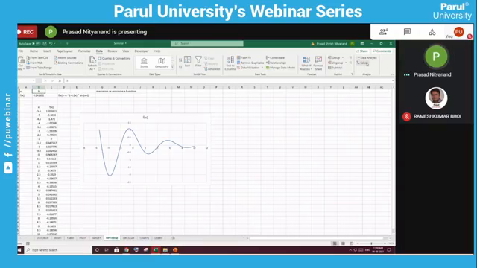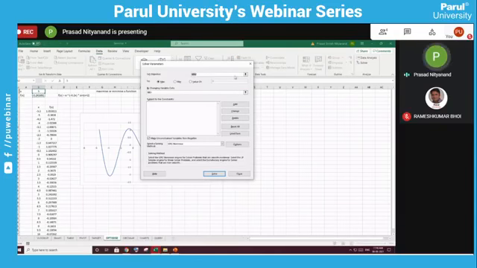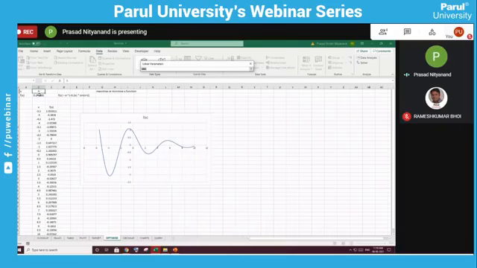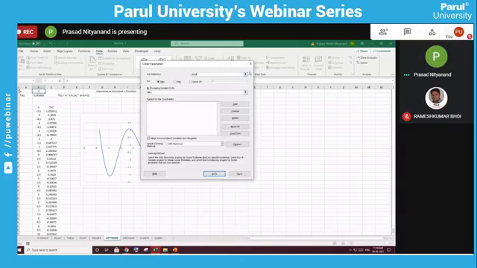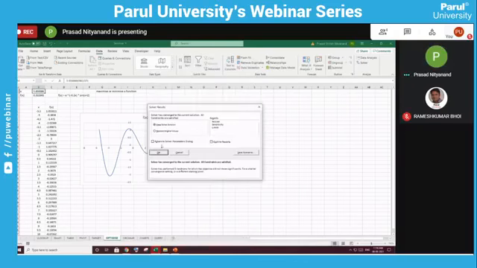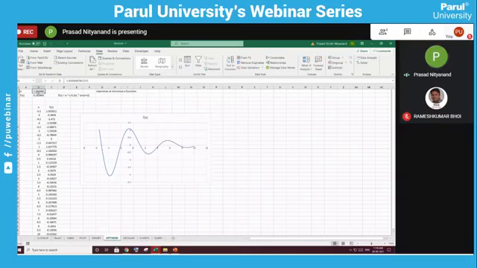So what I will do, I will go to Solver. I will set objective. My objective is this, and I want this value to be maximum by changing which cell? By changing the B1 cell. Solve. You can see it has gone to 5.65, that is somewhere over here. So this is closer to 5, which is the maximum location, and its maximum is 0.31. Now suppose from 0 to 10, you want the minimum value.